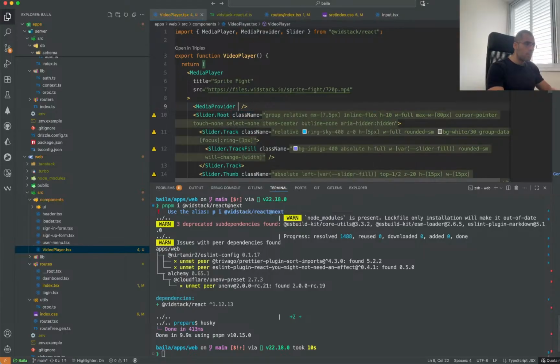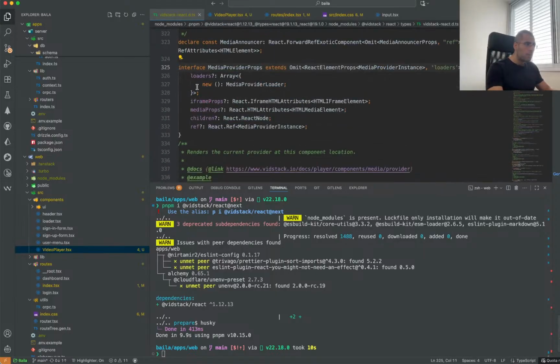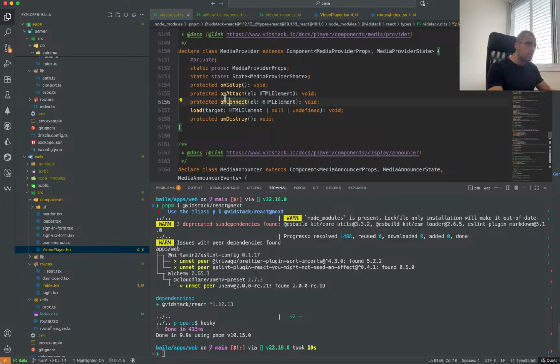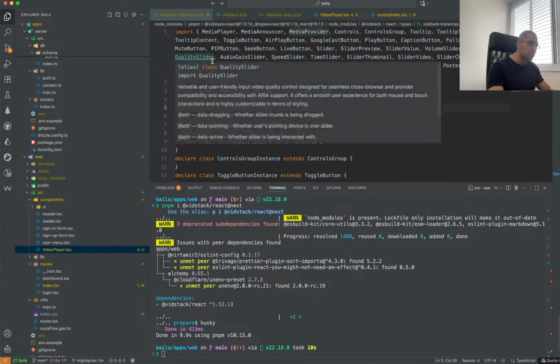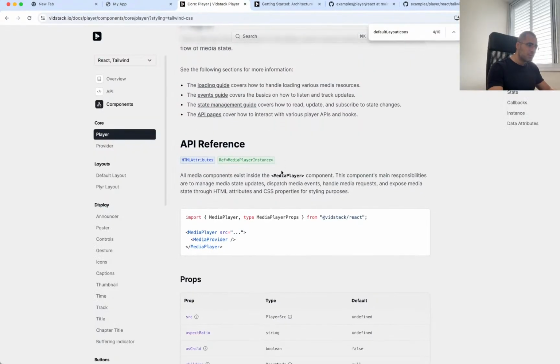cool. What props can we inject to media provider? Media provider props, loader, iframe props, media props, children, ref. Maybe I need to start it on connect, on load, maybe load, but it's private. What is it? I didn't know that it looks like this. Okay,